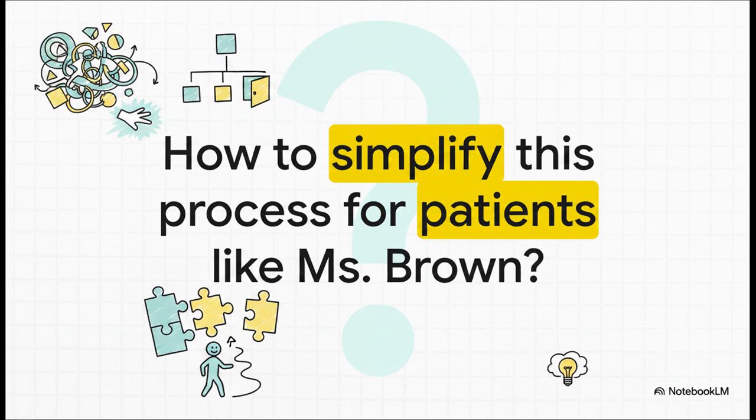So when you break it all down, you can see the logic behind the system. But let's be real, that doesn't make it any less of a brutal journey for someone like Miss Brown. The system demands this incredible level of precision right when people are at their most vulnerable. And that really leaves us with a final question to think about. What's one way this whole process could be made just a little bit simpler for the people who need it the most?